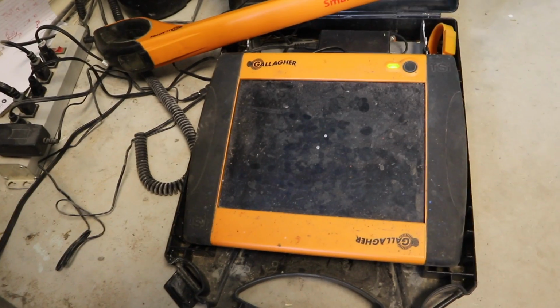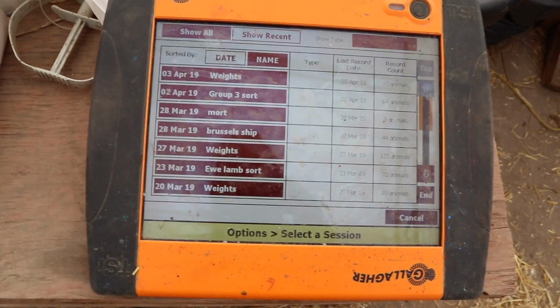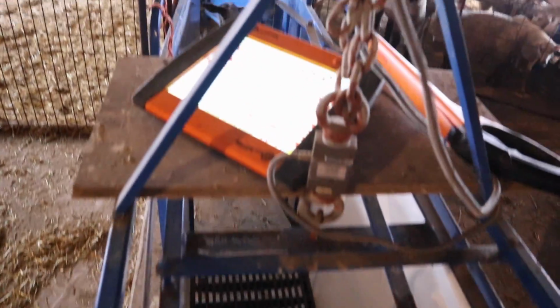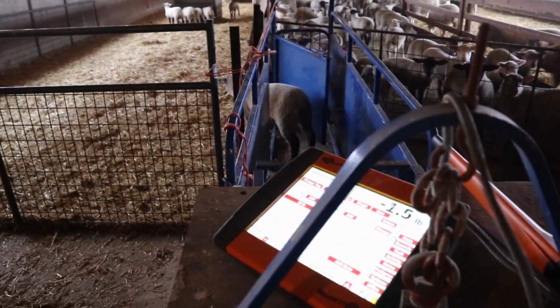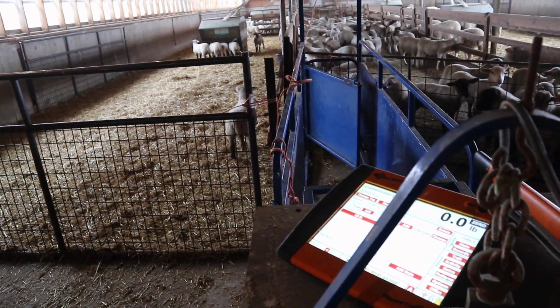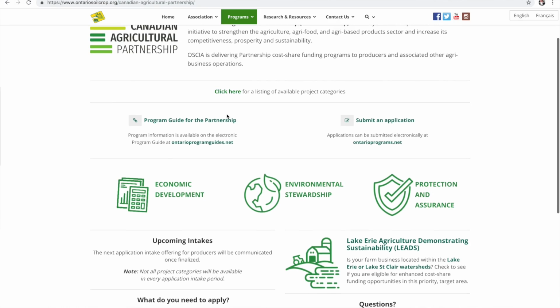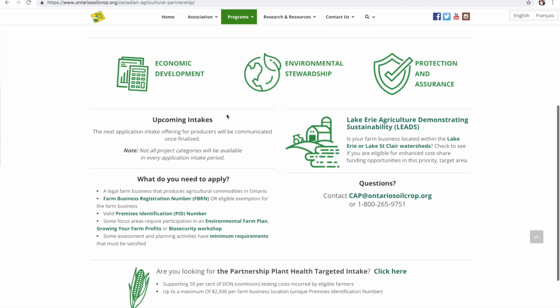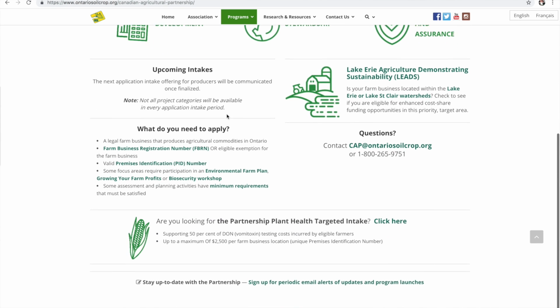Because of my flock size, I chose to buy the Gallagher system. Now, in saying that, I did this a few years ago when there was some government funding, so I did get quite a bit of extra financial help for that system. So check with your extension, check with government programs, because there might be something in there, especially with food safety and traceability, that you might be able to figure out if there's some financial help to get some of this